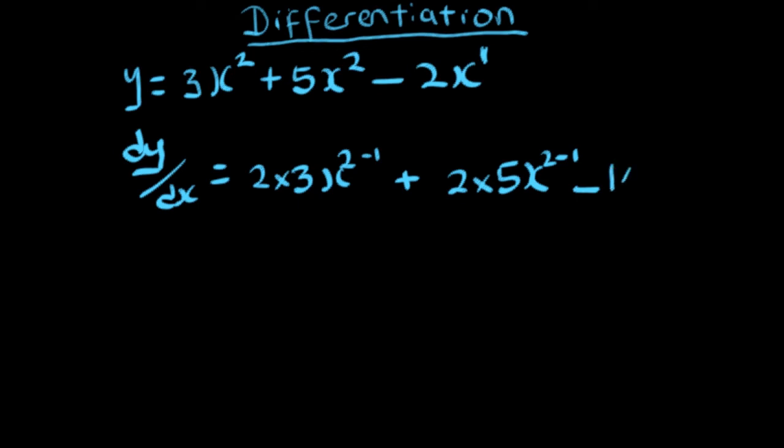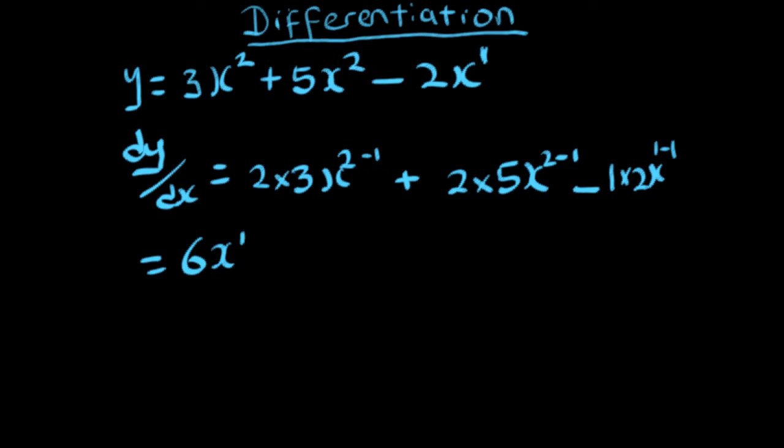So we're going to have 1 times 2, 1 times 2, and x raised to the power 1 minus 1, right? x to the power 1 minus 1. Let's work that out and see how it goes. So 2 times 3 gives us 6. We have x. Here we're going to have 2 minus 1, which gives us 1, being the power,